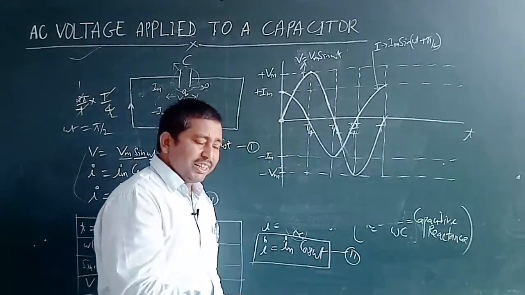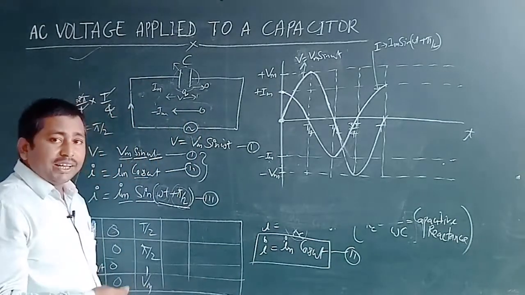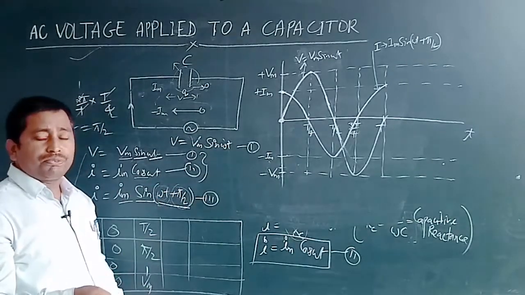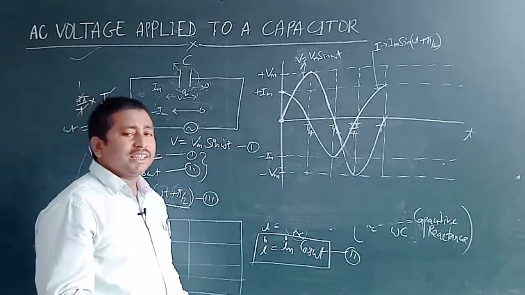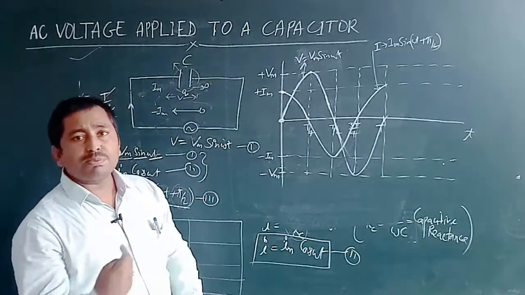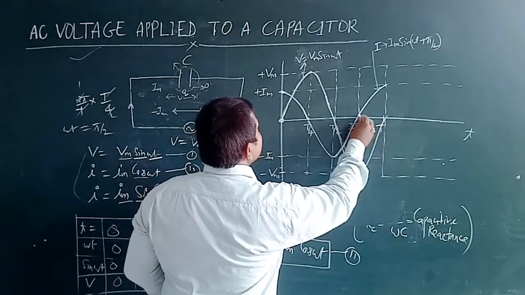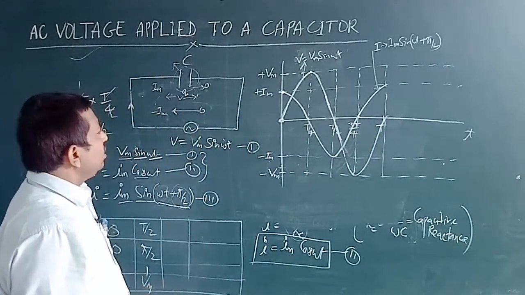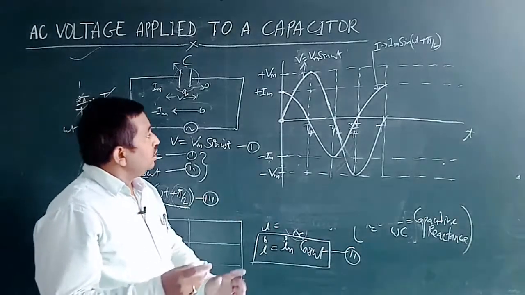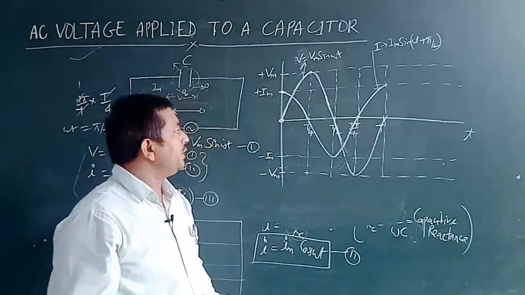As we know, when potential increases, current decreases, because they are always 90 degrees out of phase, and current leads by a 90 degree phase with respect to the potential. It means potential lags behind the current by 90 degrees. So when potential increases, current decreases and reaches its zero value. So from here we can see how to calculate the value of the power loss inside the capacitor in one complete cycle.